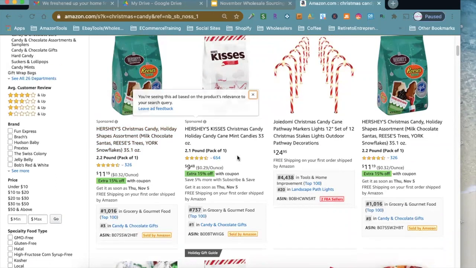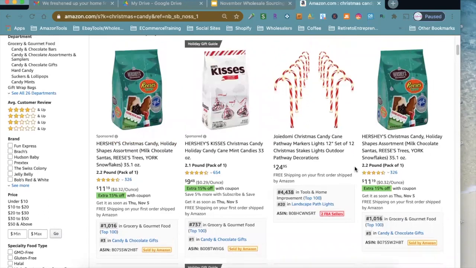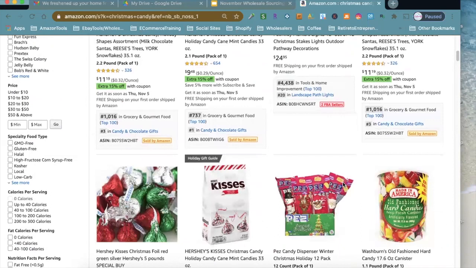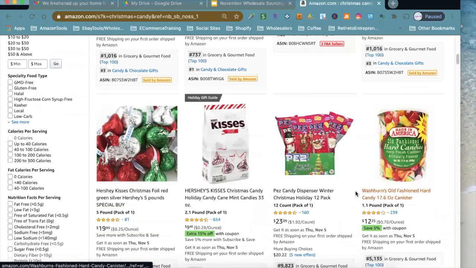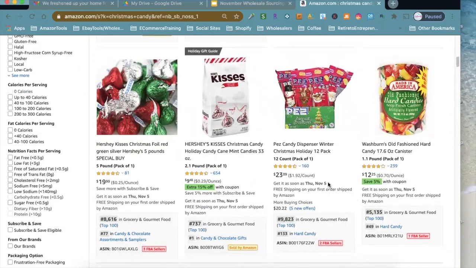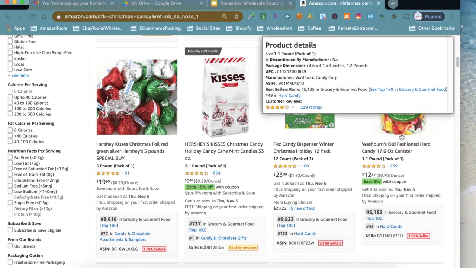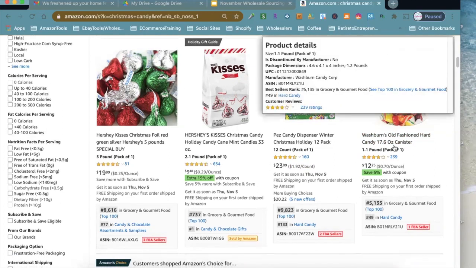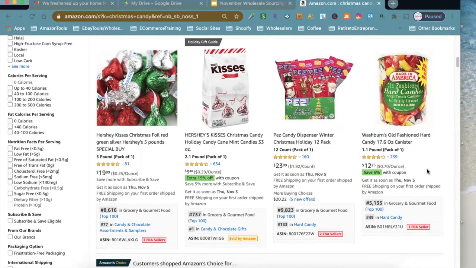So as you're scrolling and you're looking at these items, you see chocolate is jumping because 4, 5, 6 of the items are chocolate. And again, this is a good time to send that in because the multiple season is over. So they'll be safe. Your hard candies. This right here was very popular. This is a gimme. Do you see this item here?